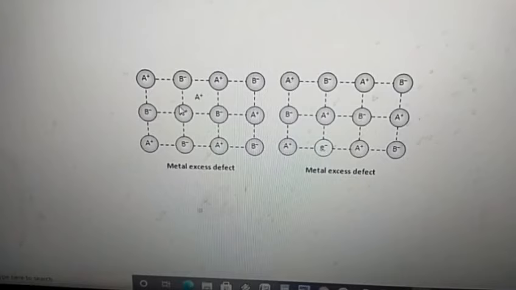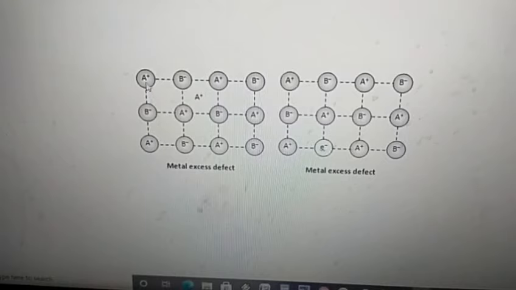Generally, alkali halides like sodium chloride and potassium chloride exhibit this type of metal excess defect. For example, when we heat sodium chloride crystals in an atmosphere of sodium vapor, the sodium atoms are deposited on the surface of the crystal. Then chloride ions diffuse to the surface of the crystal and combine with sodium atoms to give NaCl. This happens by the loss of electrons by sodium atoms to form Na plus ions. The released electrons diffuse into the crystal and occupy anionic sites. So the crystal now has an excess amount of sodium.